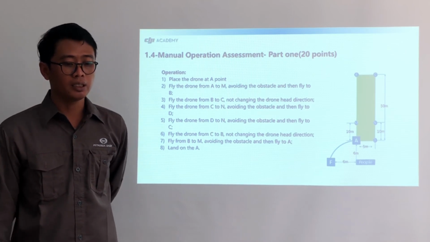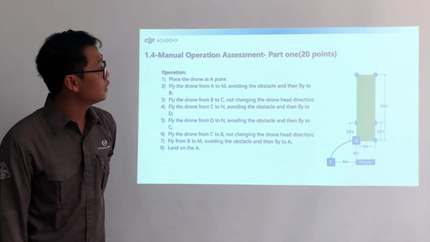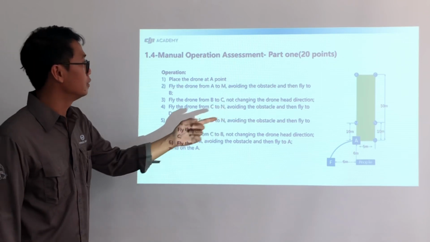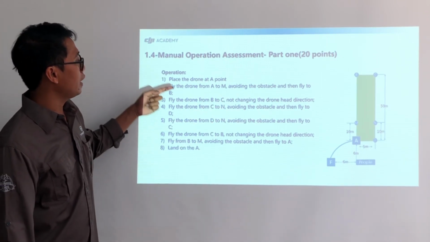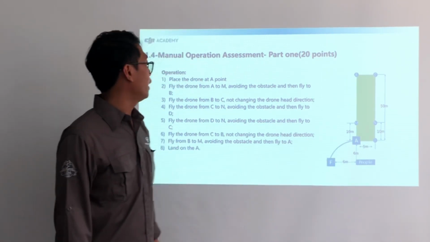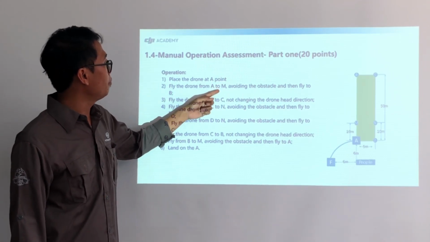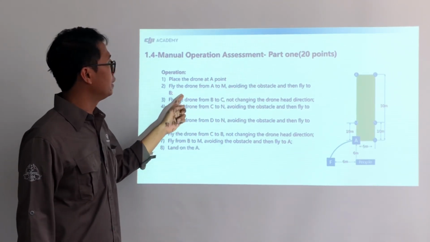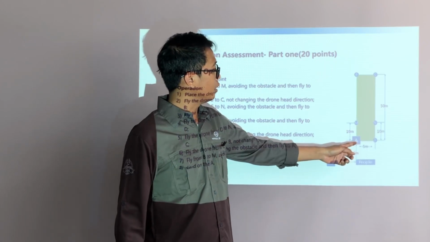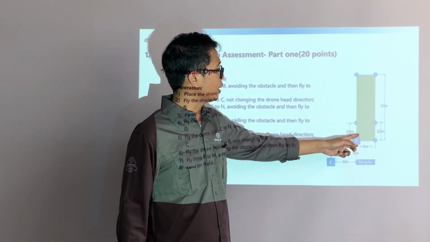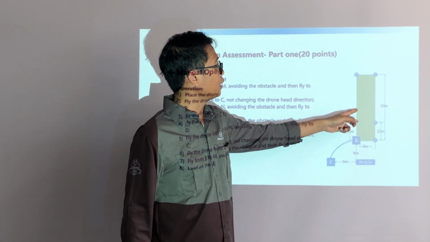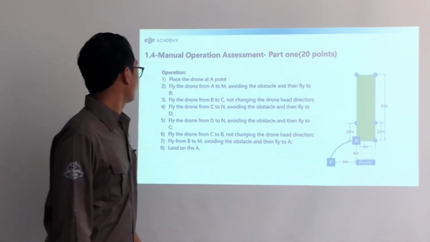Next, manual operation assessment part 1. This is the criteria of the field. Operation: place the drone at A point. Then fly the drone from A to M, avoiding the obstacle, and then fly to the B. So we take off and go to B with this direction and avoid the obstacle going to B, and then